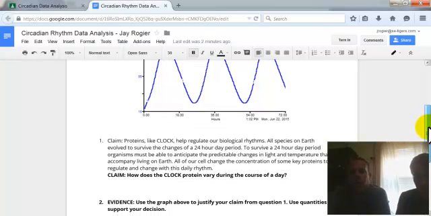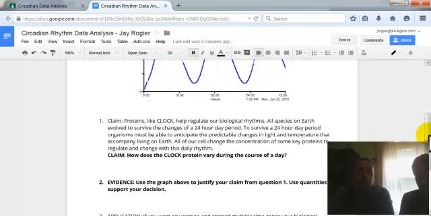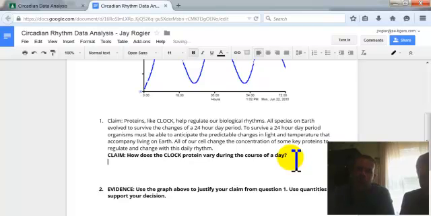Okay, so I'm not going to go through the whole assignment because I probably want to get the answers right anyways. But question number one, I look down here and there's a claim about proteins and about clock. If I was a student that cared a whole lot, I'd be reading about it and getting to know the answers. But John already told me the answer, so that should be pretty easy. And he told me, how does the clock protein vary during the course of the day? I'm going to go ahead and put the answer, and that is that clock protein, if I type that right,